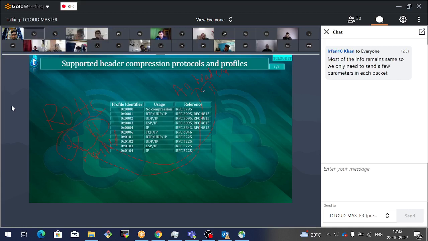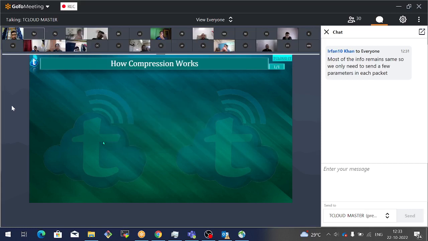It can use that kind of knowledge. So basically, this compression decompression works on the basis of creating a kind of coordination between the sending ROHC algorithm and receiving ROHC algorithm. They create a collaborating mechanism that works, and that goes multiple levels. So if you take a look at your